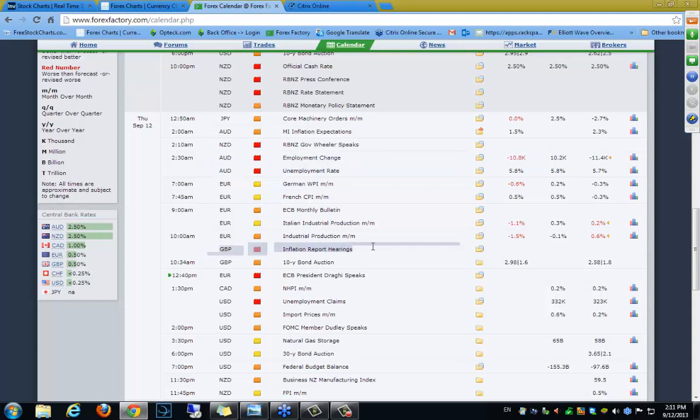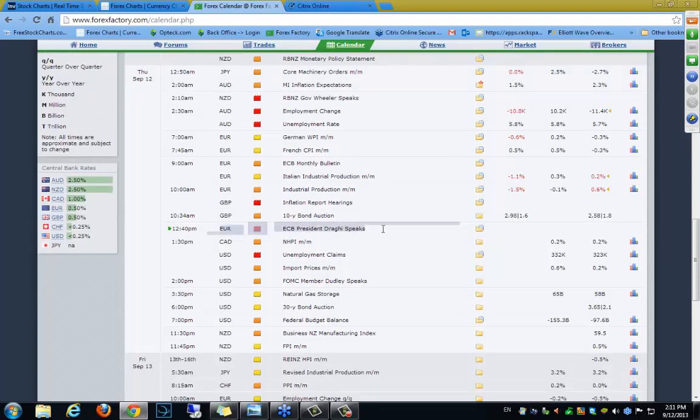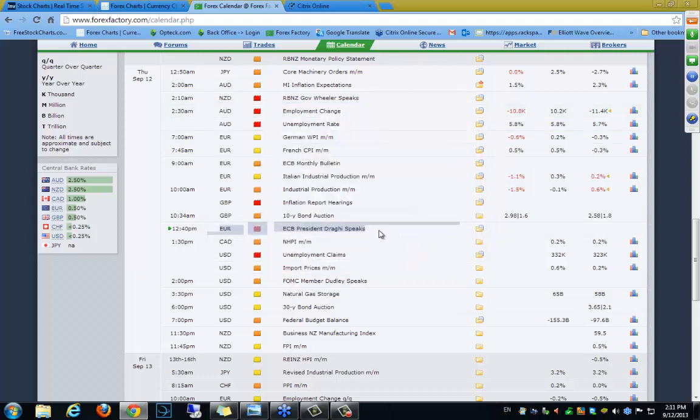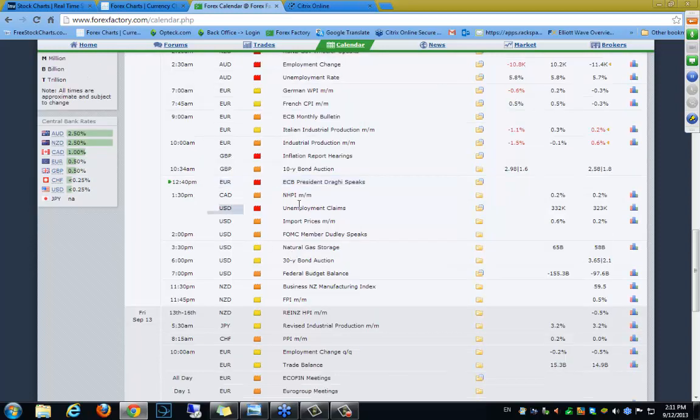We had an announcement regarding the pound that gave strength to the pound. We will see that as well. And right now, we're approaching a situation where President Draghi, the president of the European Central Bank, is going to deliver some sort of announcement regarding the condition of the economy. Later on this day, we've got unemployment claims in the United States. That's a great indication for us to understand what's going on with the dollar. But let's go to the chart and we will definitely see a clearer image from there.